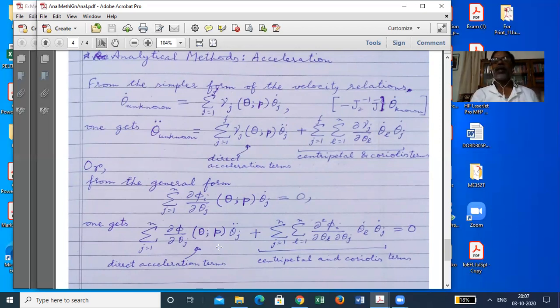That's all there is in analytical methods of kinematic analysis. And based on this, you can make a nice formulation and you can implement it in a program also. Okay. So that's it. We stop it here, and in the next lecture we will go to dimensional synthesis of